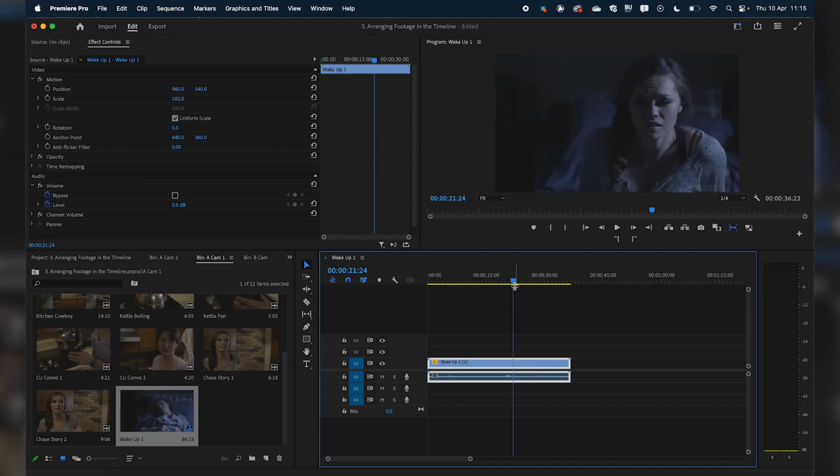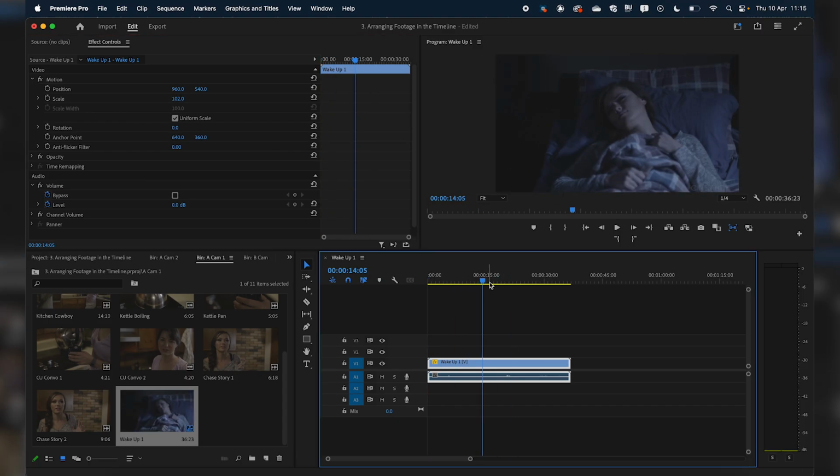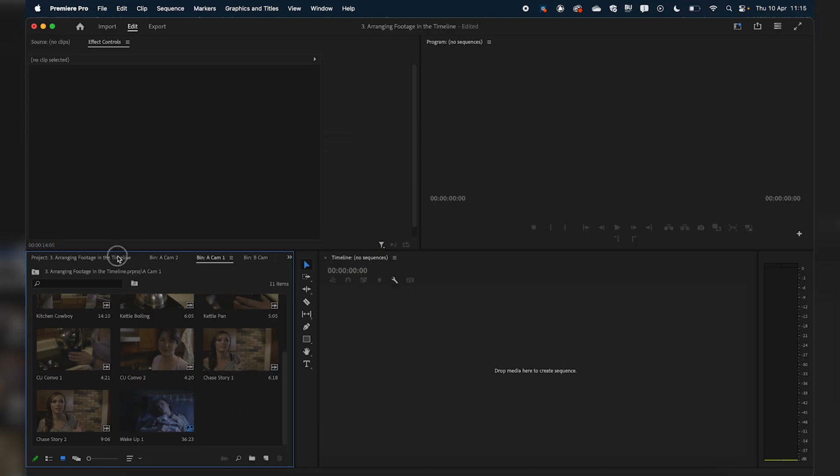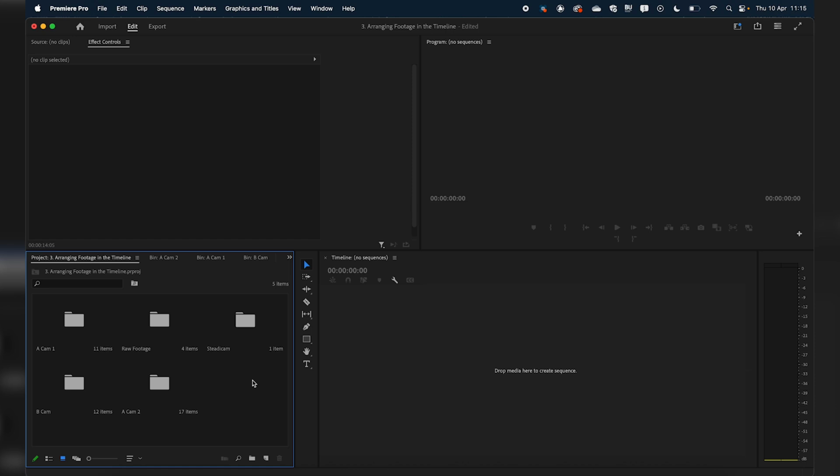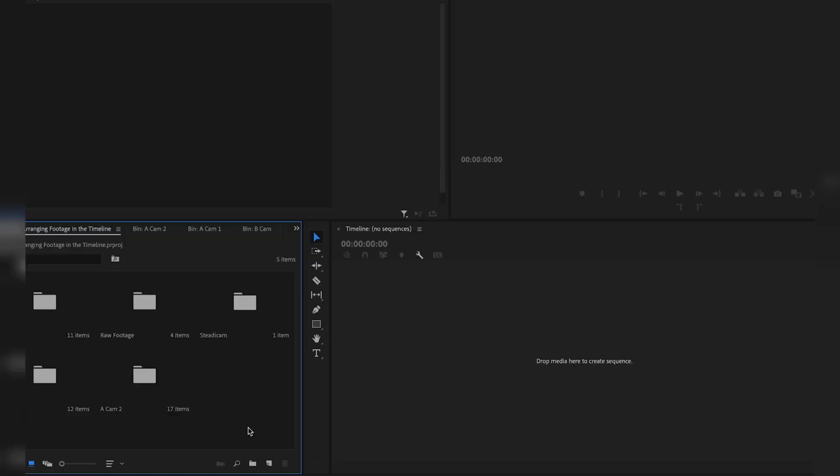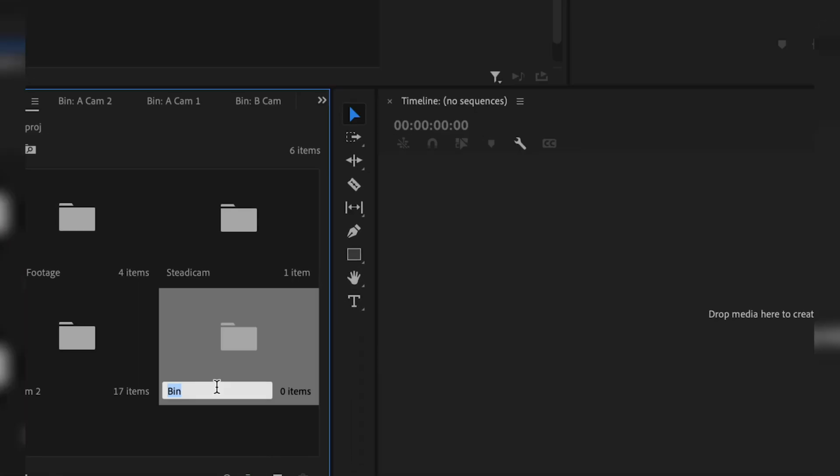So there we go, now I know that's correct, I know it's the correct frame rate and all of that. I'm going to close that sequence because I'll show you the other way to do it. The other way to do it is as follows. So in the last tutorial I said always make a sequences bin, and this is why. So you can either click on the new bin button or you can do Command B,